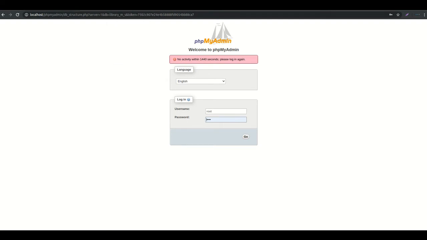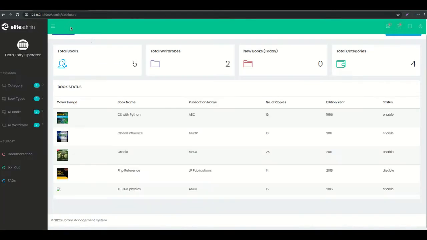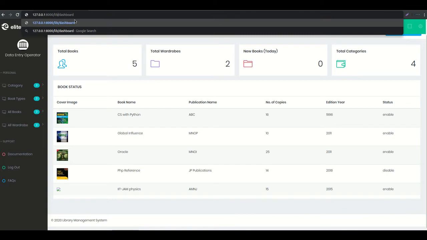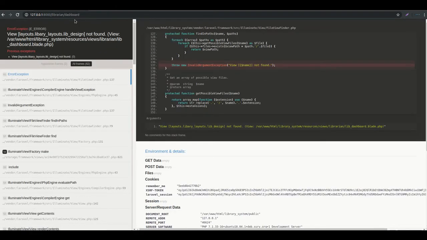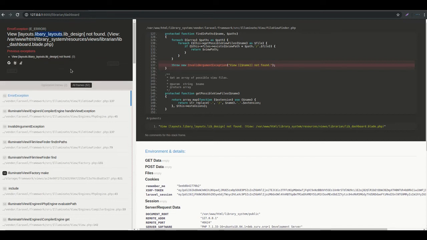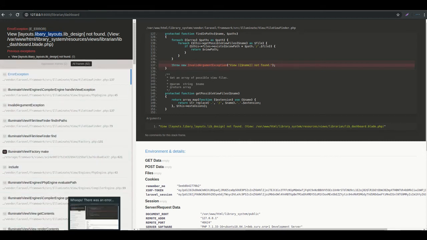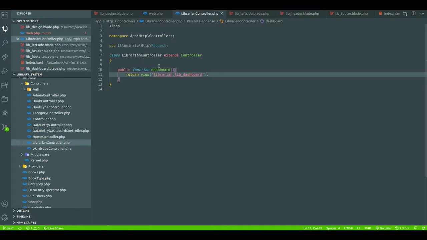Go to this one. Okay, so I will check it. This route is librarian dashboard. Okay, library layouts. Okay, spelling mistake I think somewhere. View layouts, library design. Okay, I will change it.